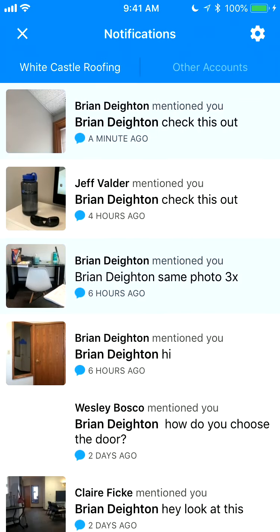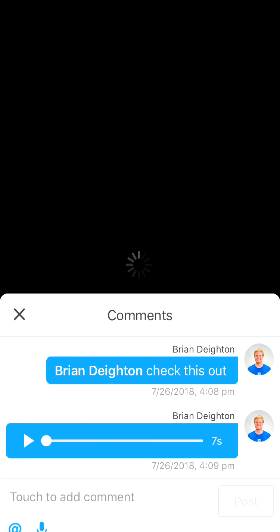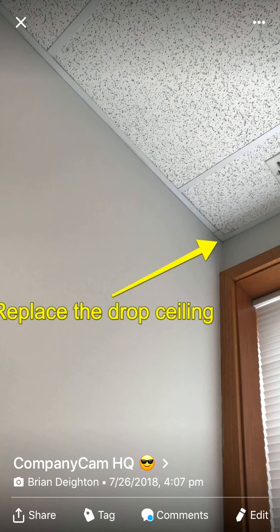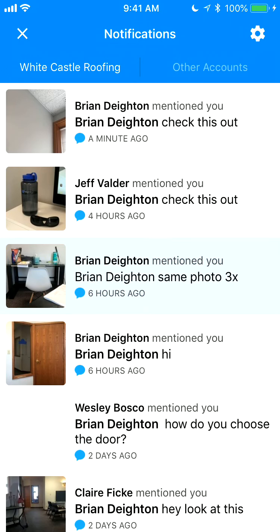So if I click on that bell, I'm going to say, oh, check this out. Then I go and click on it, and it takes me right to the photo that I was just at. Then I can hit play on the feedback. It's just as ugly as you're hearing it, and it's in my headphones though, so that you guys can hear me clearly. I can do that. I can continue to edit if I need to, or once I've seen what they need me to see, I